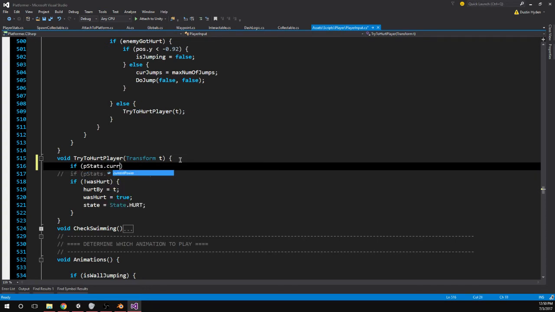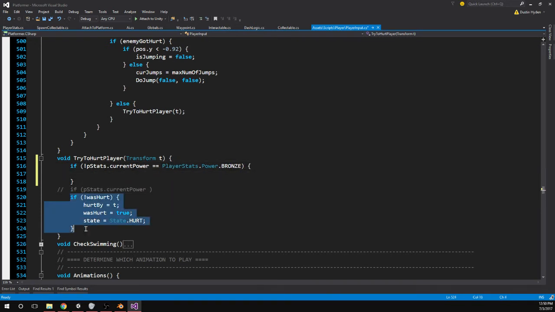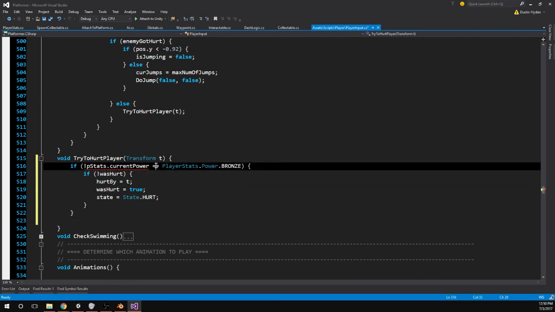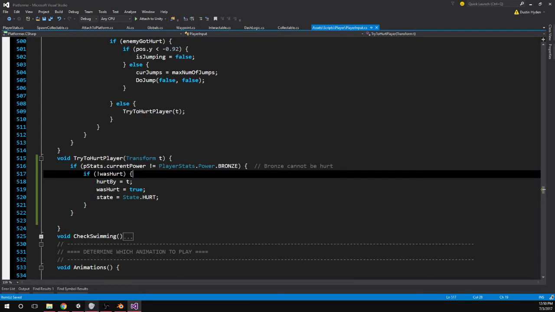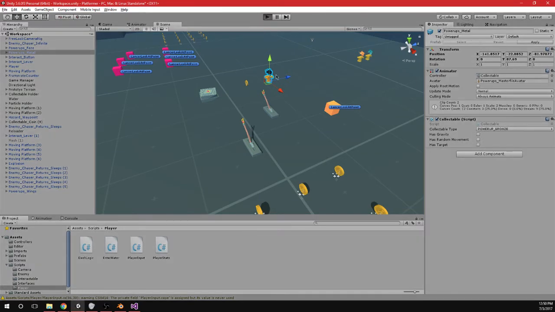Okay, there we go. Current power is equal to bronze. So if it doesn't equal bronze, right? Because bronze means we're immune. Oh, oops. Okay. So that's the phase one. We don't want this nearby. This is the wings. I don't want this nearby. So this black mask here is bronze. So if I get this,